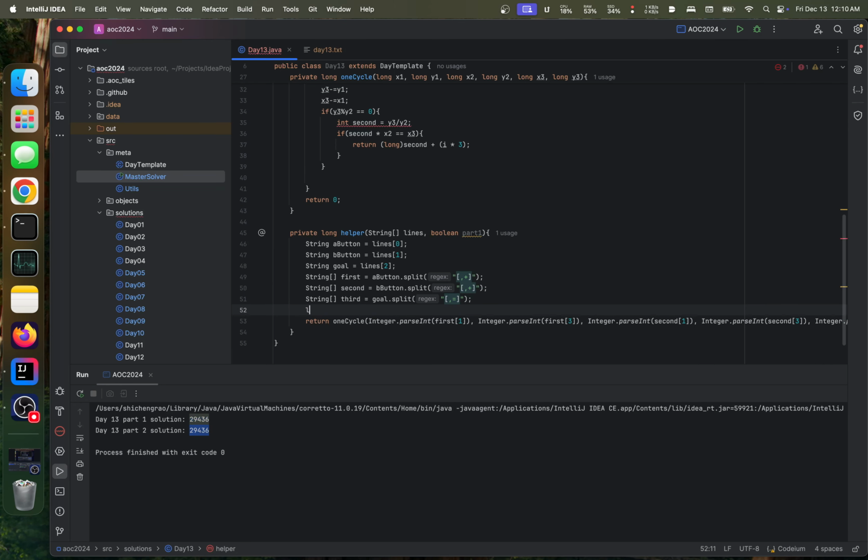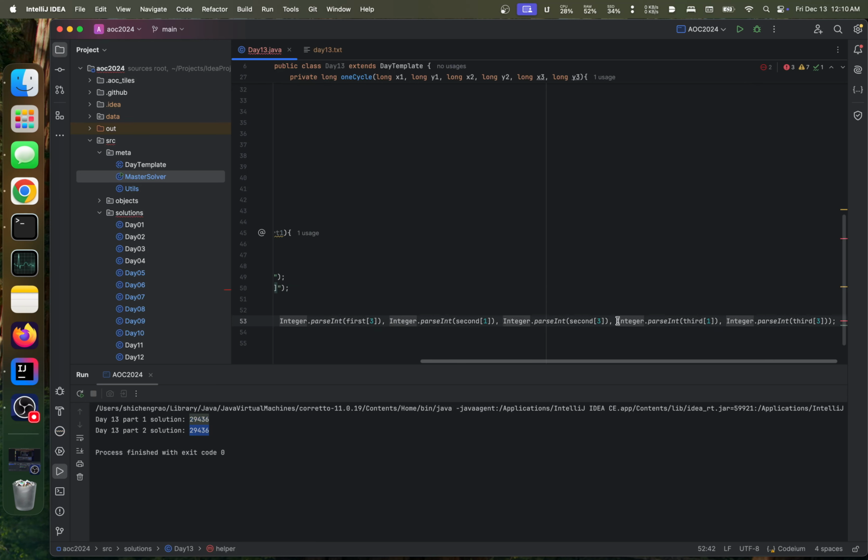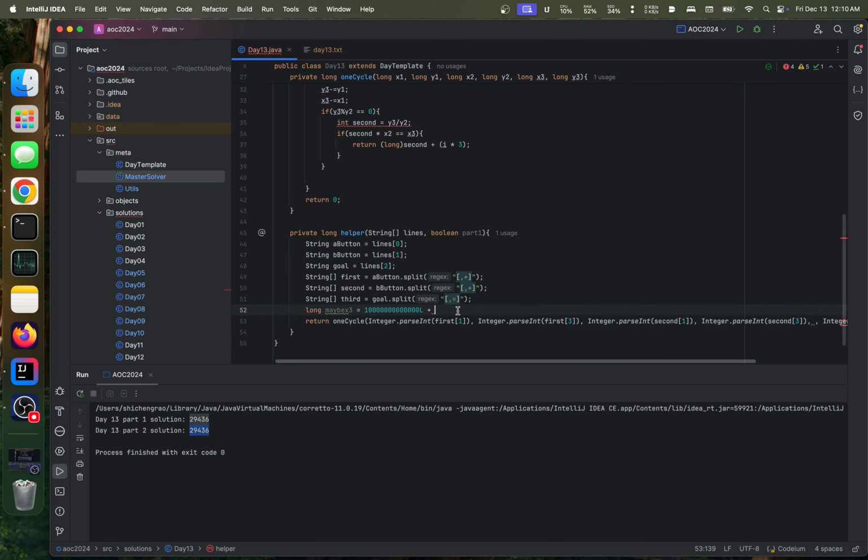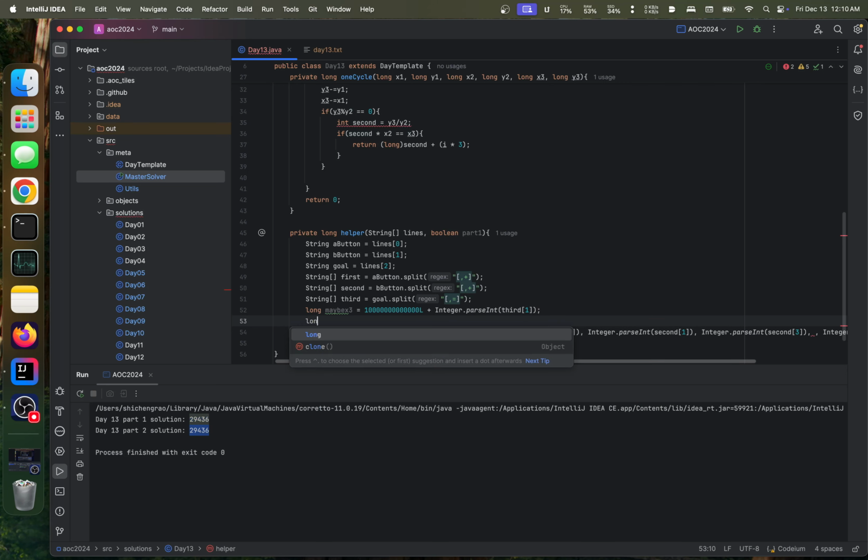So we want long maybe x3 to be this thing plus integer dot parse third. And then long maybe y3 equals, again, this massive thing,